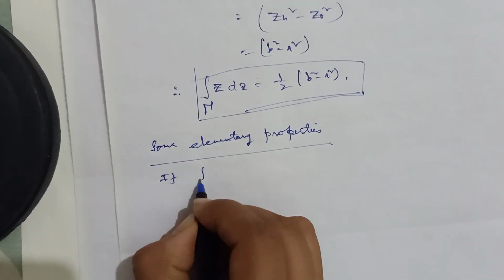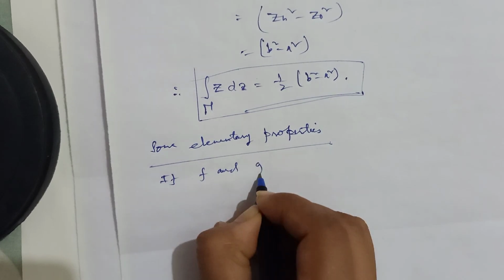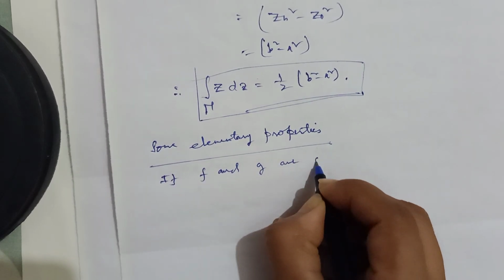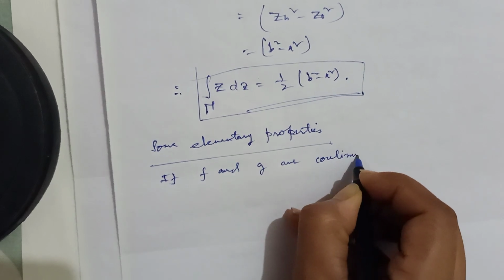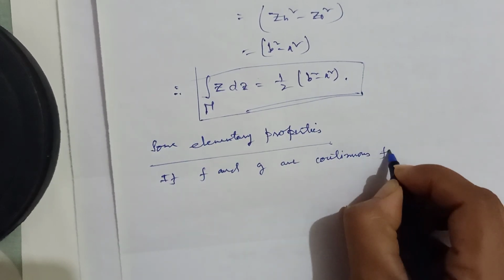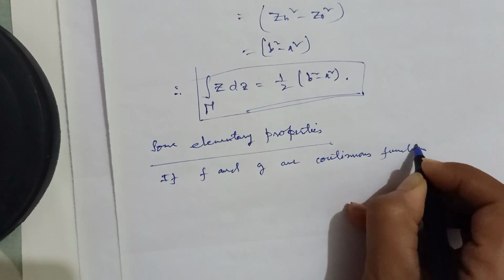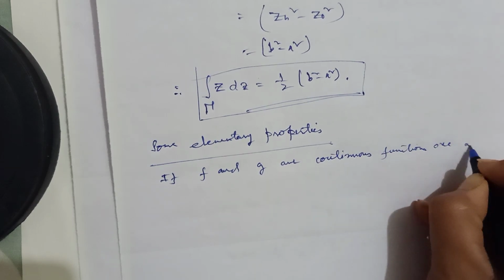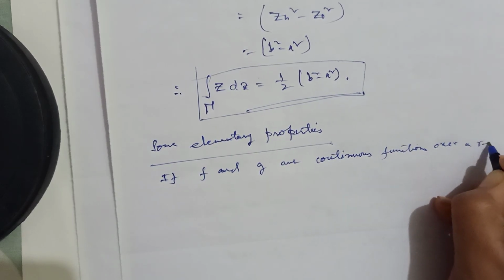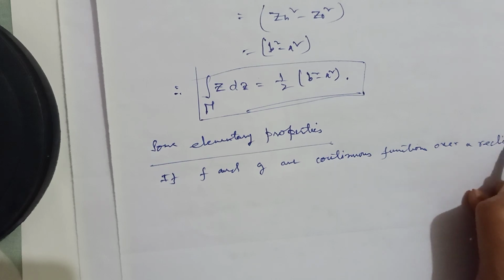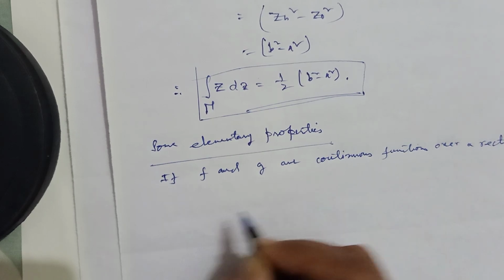If f and g are continuous functions over a rectifiable curve gamma, then